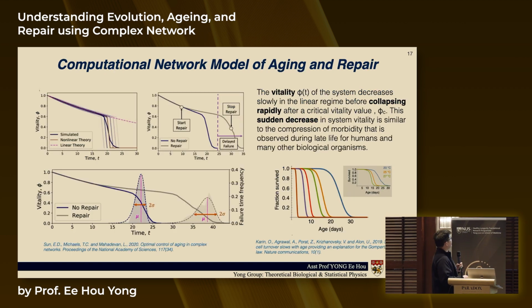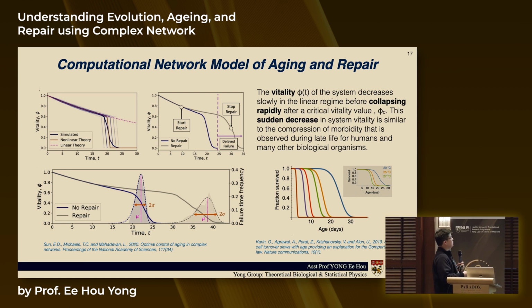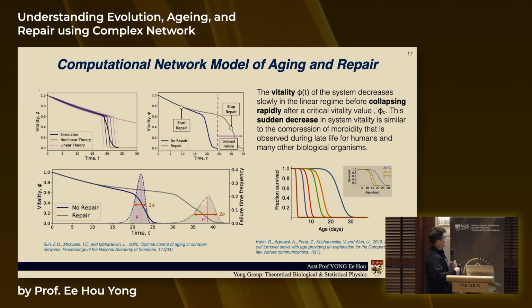Okay, and what do they find? What they found was that it obeys this kind of mortality curve. So it goes from 1 to 0, and it has this characteristic fall off. Okay, so then the question is, how does the repair come in? So you can see that there are different ways, and if you repair enough, you can actually extend the mortality curve, right? So it actually becomes harder to fail. And again, this is similar to the survival rate that we saw in this conference.